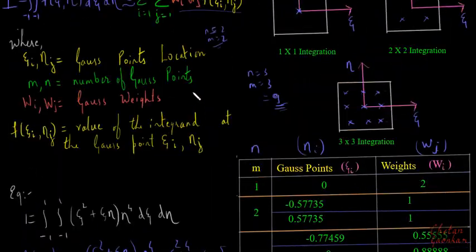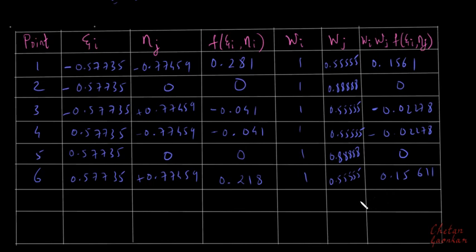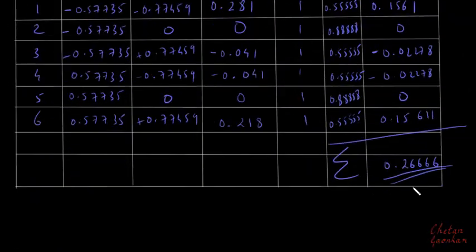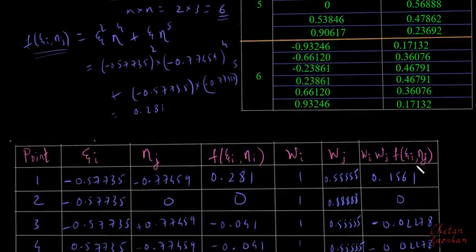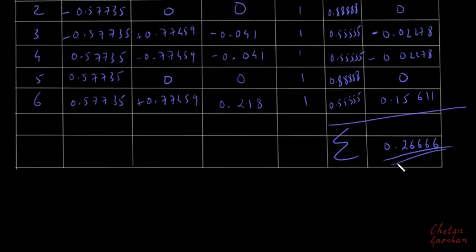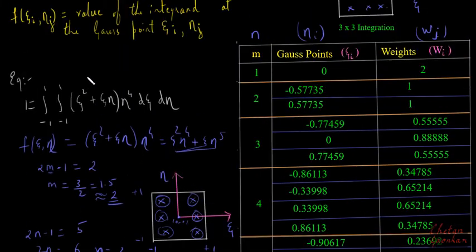1 2 3 4 5 6, and then finally what we need to do is just sum them up. If I sum them up, I'll get 0.26666, and this is the value of the integral that I have evaluated just by using the Gauss Quadrature Integral. And then if I compare it with the exact solution, if I had evaluated it